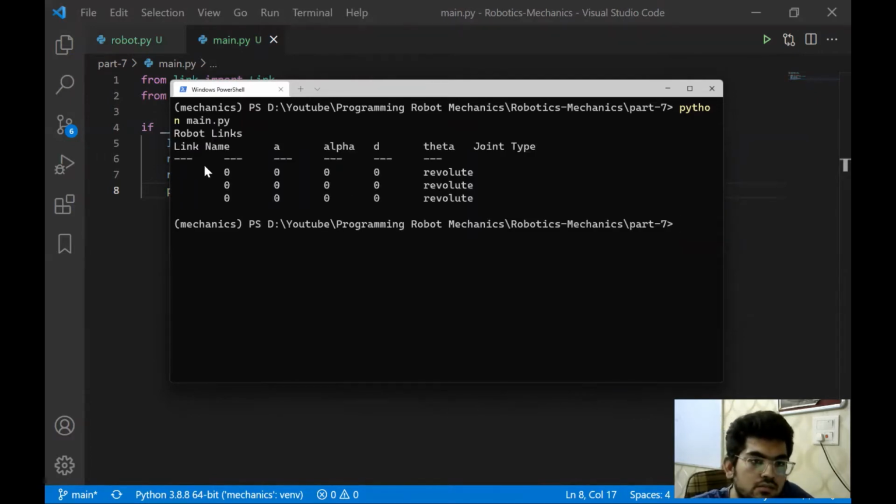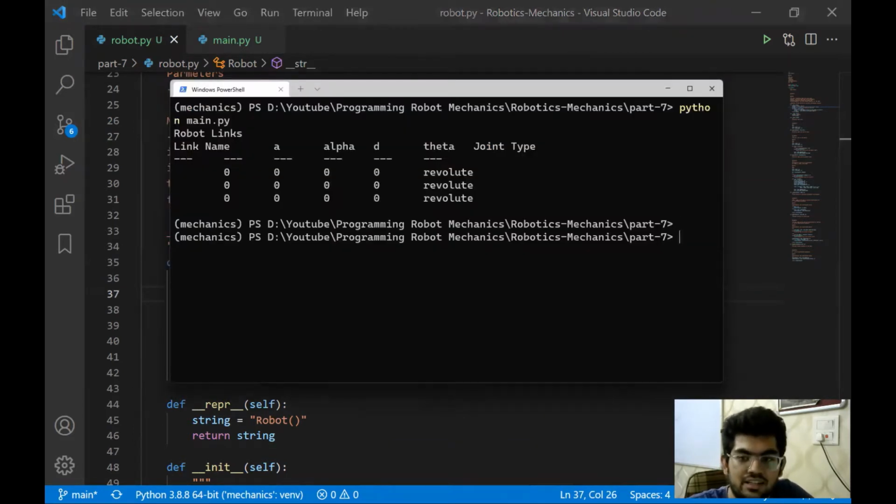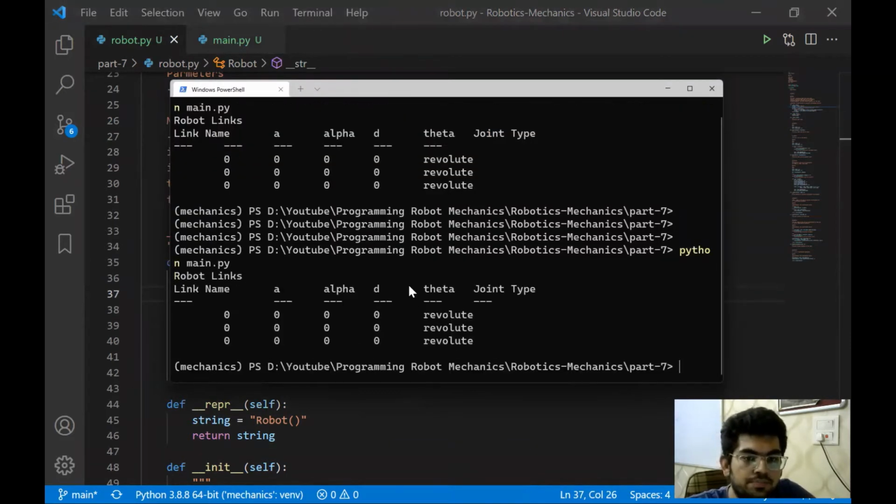So, link name. We didn't pass any link name, so that's why it's empty. I think this would work only with this one because the link name is in itself a very big title and it requires 2 tabs to really print it correctly. See, link name is empty.